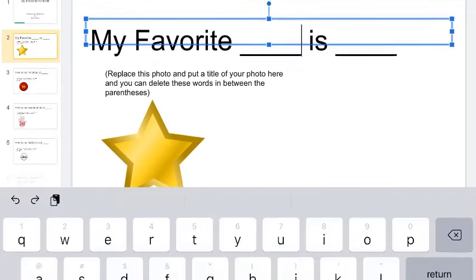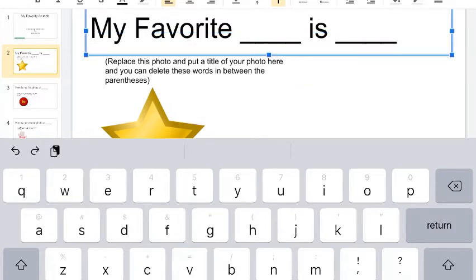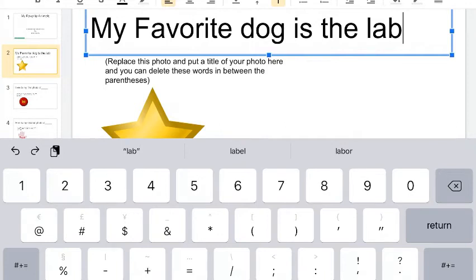So again, double tap, and there's the example I'm talking about where that box is slightly smaller than the text. So I'm just going to take that bottom square that's in the middle, drag it down to make sure I'm around that. So my favorite dog is the lab. Okay. Now, the instructions say in parentheses there, replace this photo and put a title of your